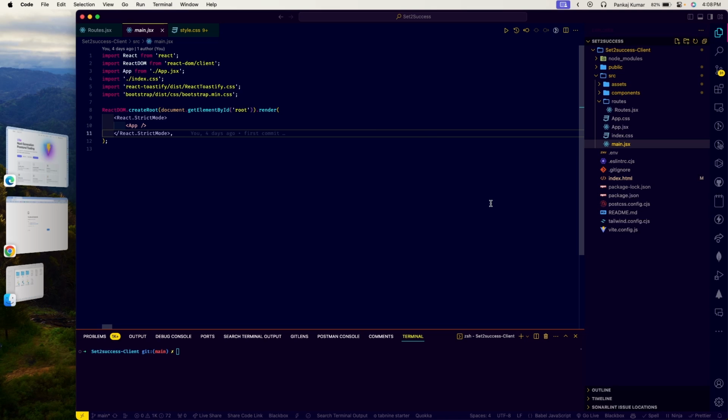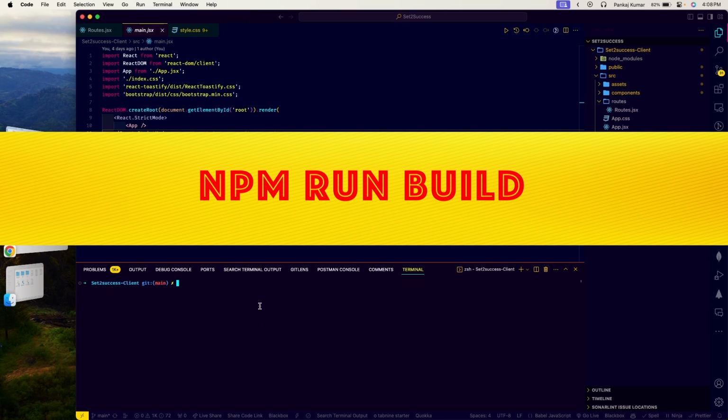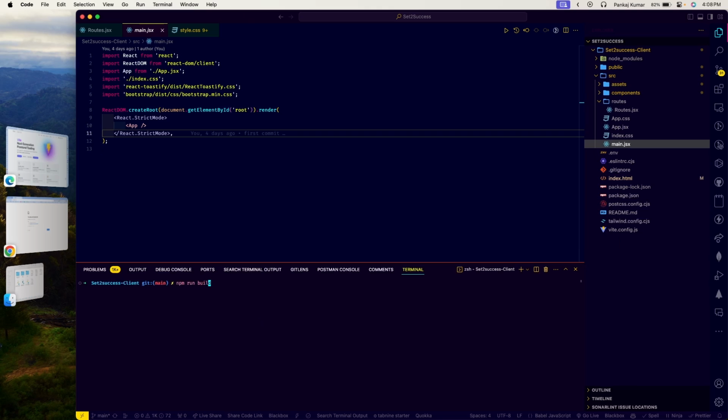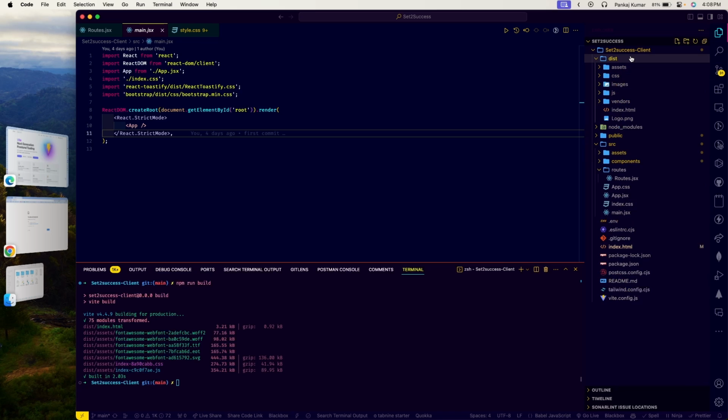So after writing the code of your project, the first thing you have to do, write an npm command in your terminal. You can open your terminal by right here, clicking new terminal. Now you have to type the command npm run build and hit enter. By running this command, this project will create a new folder called dist. Right here you can see. So this folder contains all the HTML, CSS, assets, React file, JS file and everything under one folder.